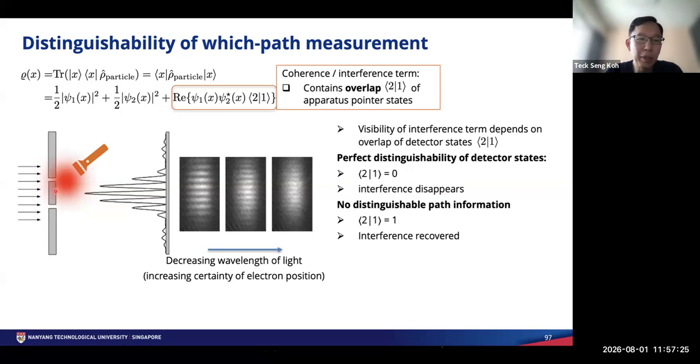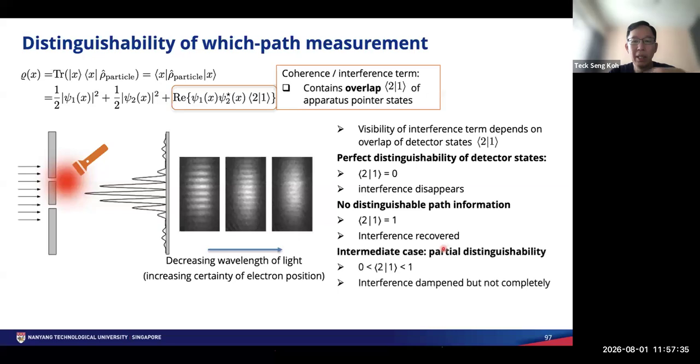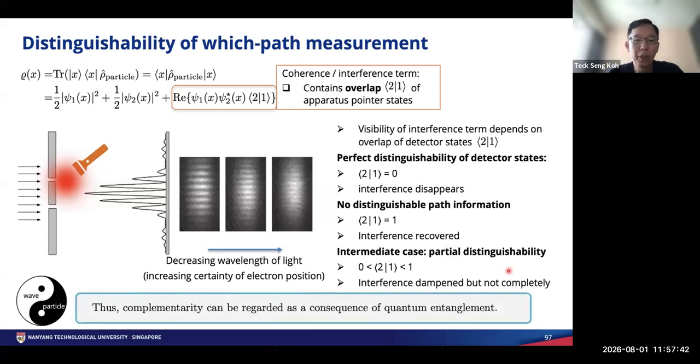But if you can't really distinguish, maybe you use a very long wavelength, so you can't quite tell if the particle came from 1 or 2, they are still here. You recover the interference. So the intermediate case is most likely the case. They have damped interference, but not complete. So the idea then,